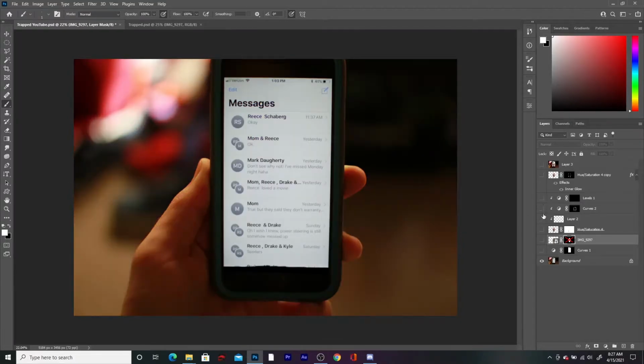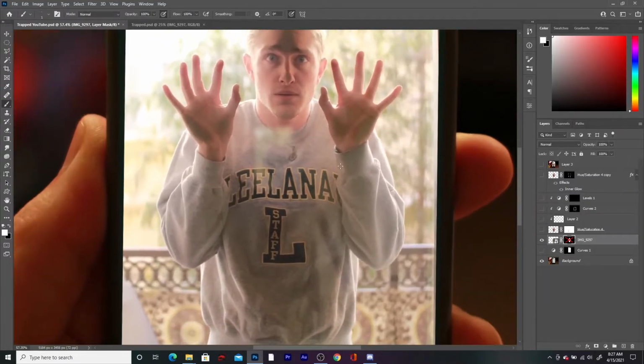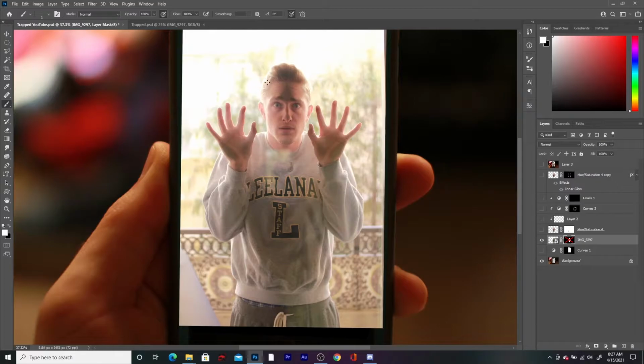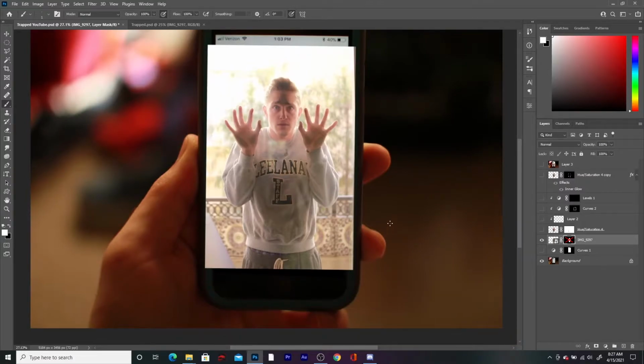First thing you're going to want to do, take a photo of your phone, pretty straightforward. Then you're going to want to take a photo of yourself pressed up against a window, as I did here. It gives you a nice natural backlight, at least where I took it, so keep that in mind as you do it. And I'm just going to cut myself out with the pen tool,